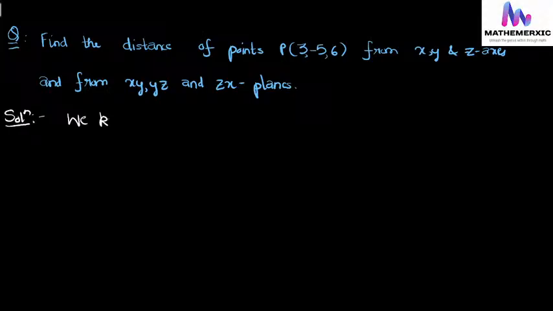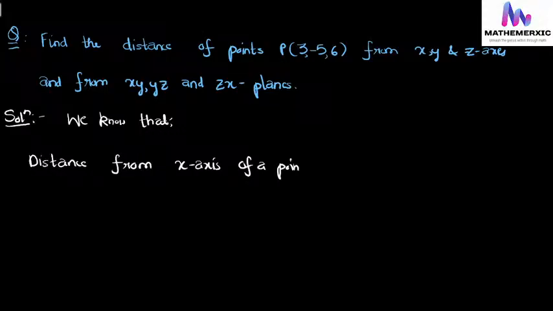We know that the distance from the x-axis of a point P(x, y, z) is root of y square plus z square,